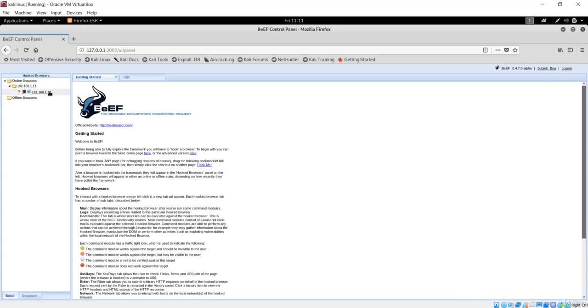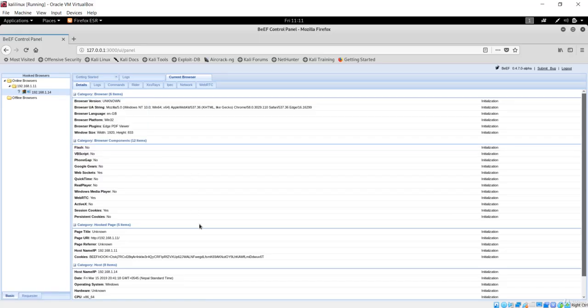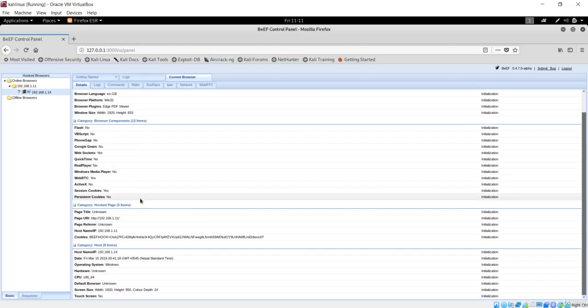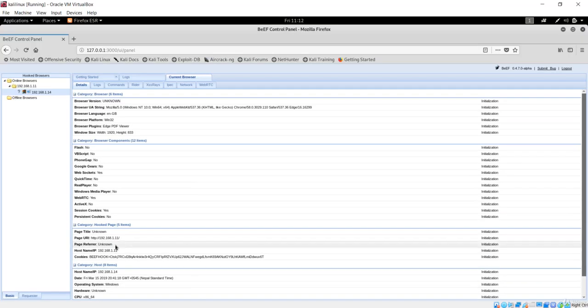In order to interact with this browser, you have to simply press on this IP address, and now it will give you information about that. You can see what the browser version is and everything. In your case, you would see the host name, the operating system it is running, and the CPU and everything, the information you need to know about that browser. It is only an exploitation tool for the browser, but we can make some payload that can be injected from this hook so that we have whole access to that client computer.